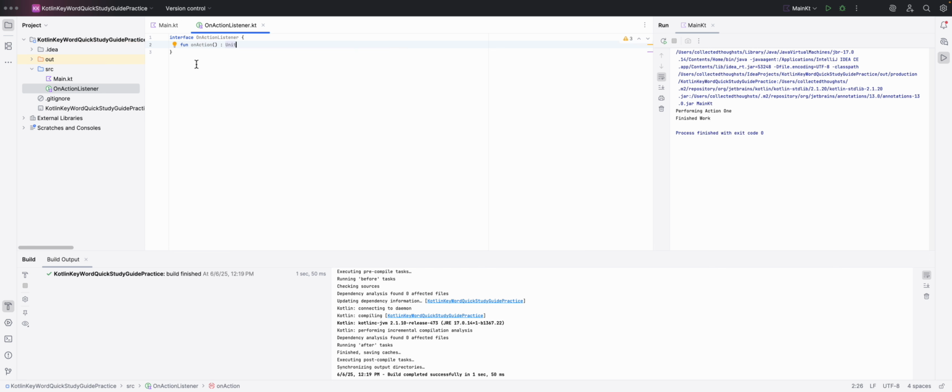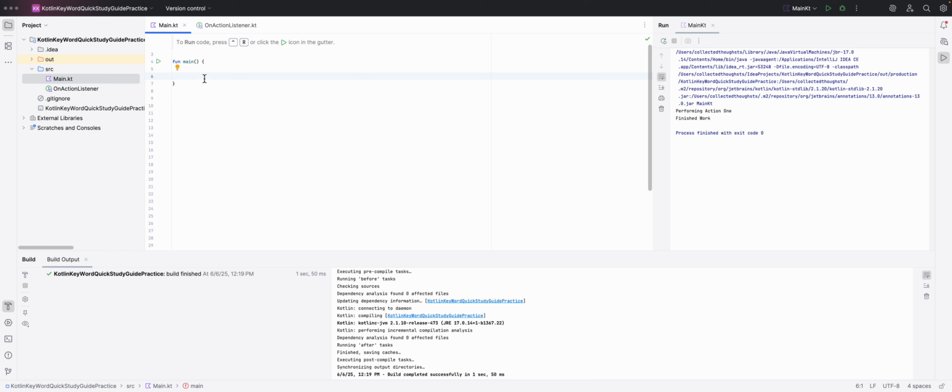And whenever you have an interface that has one function, it's also known as SAM, which is a single abstract method. Just a little fun fact. That's something that is common in Kotlin and Java. So I'm going to also create a function, performAction,